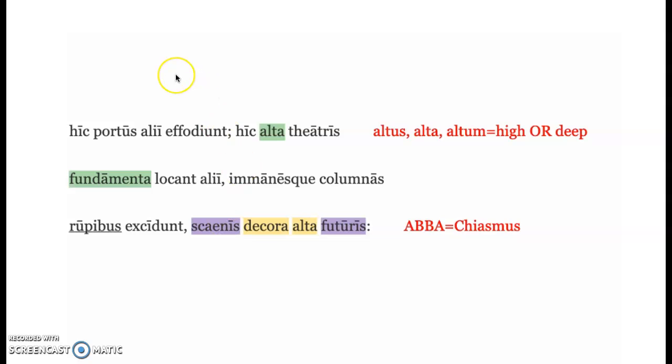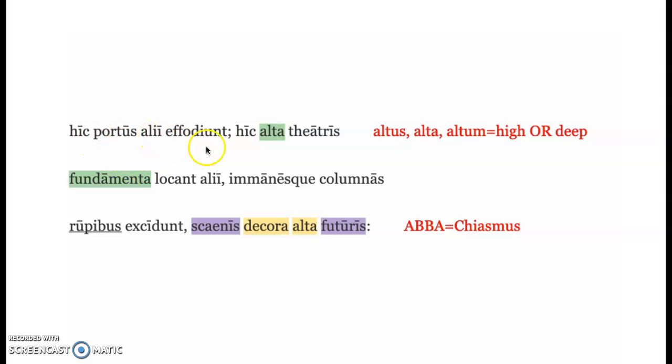So this is still a continuation of those busy Carthaginians building the city of Carthage. Here is talking about building a theater. During Livy's time, any major Roman city would have had a theater, so he's showing how Carthage is civilized and fancy, making their theater. And the harbor of Carthage literally had to be dug out. It wasn't a natural harbor. So that's why it says they dig out the harbor here.